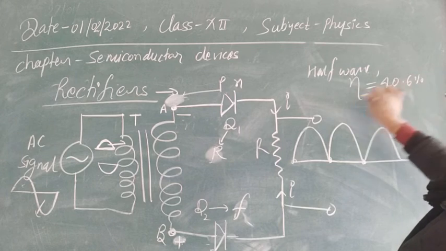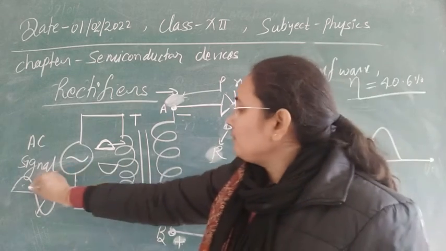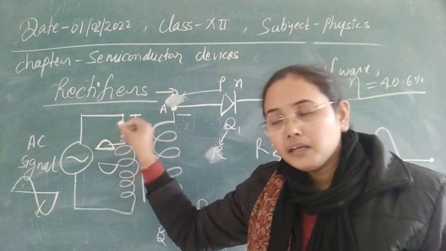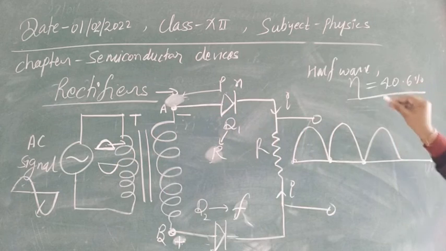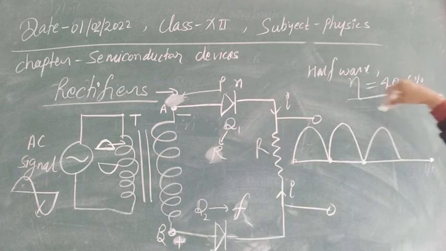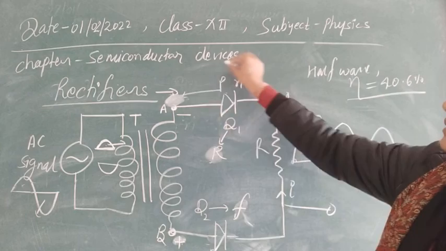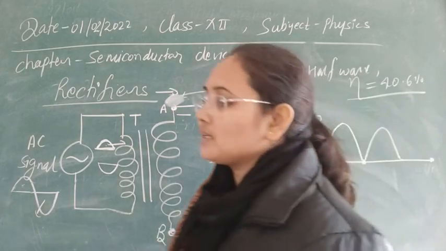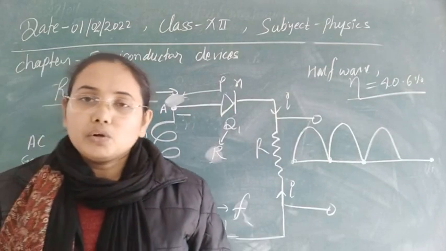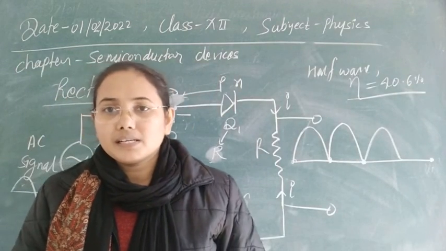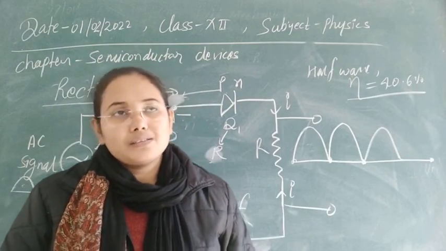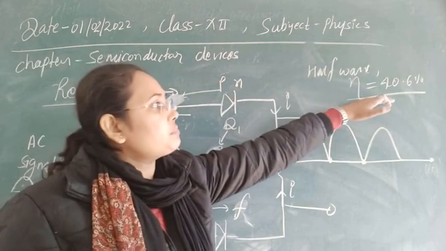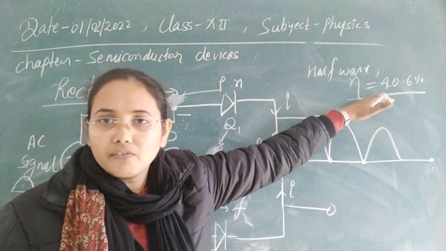It means that even though our rectifier works for only half the cycle, that is 50% of the cycle, even in that 50%, 9.4% is lost in overcoming the biasing of the PN junction diode. It means the depletion region has to be overcome as well. Because every diode has some resistance and an ideal diode is not possible to make, some of the signal is lost. So only 40.6% of the signal is obtained in the half wave case.